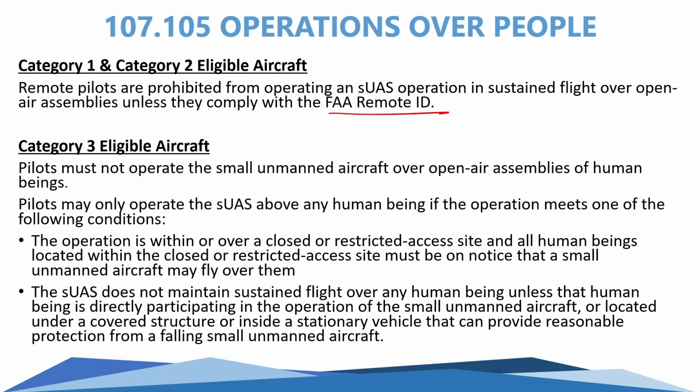If you are operating a category 3 aircraft, or drone in this case, then pilots must not operate the small unmanned aircraft over open-air assemblies of human beings. Pilots may only operate the drone above any human being if the operation meets one of the following conditions. The first one is that the operation is within or over a closed or restricted access site, and everybody